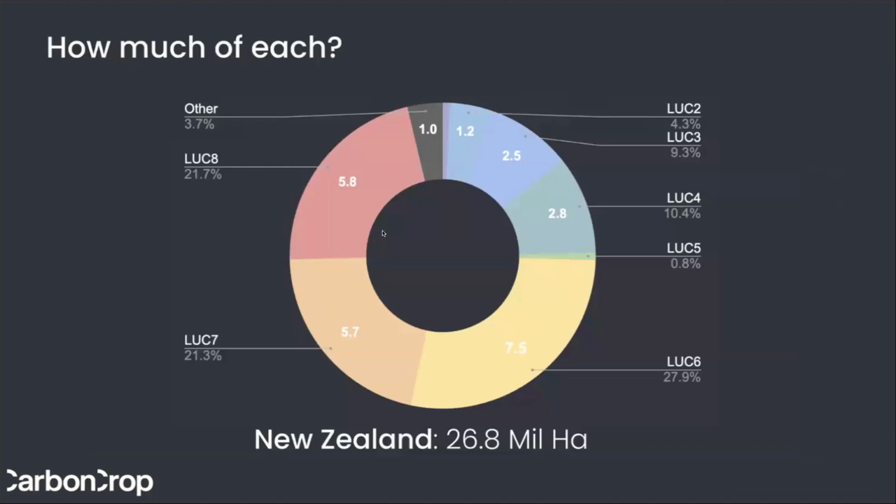How much of each there is across the country is a really interesting question. We're going to dig into this in some more detail for future updates, but New Zealand is roughly 27 million hectares. Of that area, considering all land, not just privately owned land, roughly 75% is in, the other category is one I made up, where I got the data from. Adding up all of the individual LUCs, I had 1 million hectares less than the total area of New Zealand, but this could be lakes or something I haven't bothered to check. But in a nutshell, 75% of the country is LUC 6, 7, or 8, and almost 50% of the country is just LUC 7 or 8.